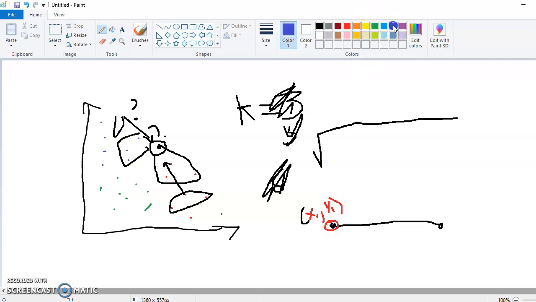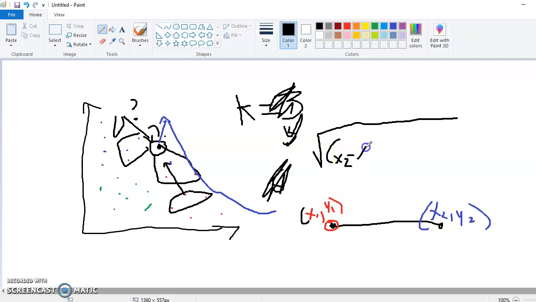And now I'm just going to use a different color for this one too. And this is going to be our x2 and our y2, because that's our first point and that's our second point. And that's exactly how this is working too. So maybe this is our x1 and our y1, and then maybe this dot right here that we're trying to classify is our x2 and our y2. Cool, right? So how we're going to find the distance between these two points is we're going to take the square root of x2